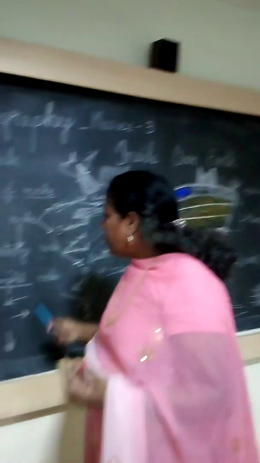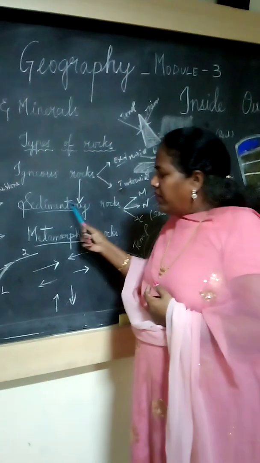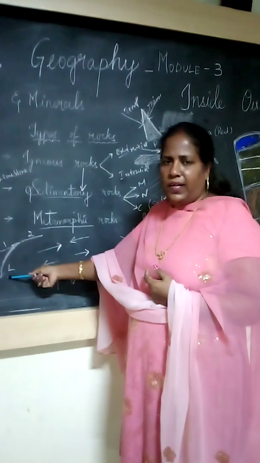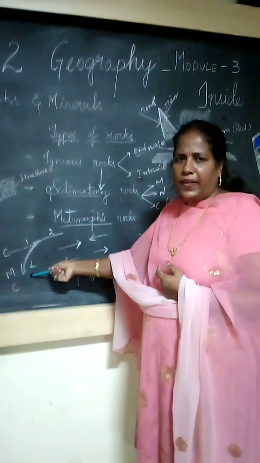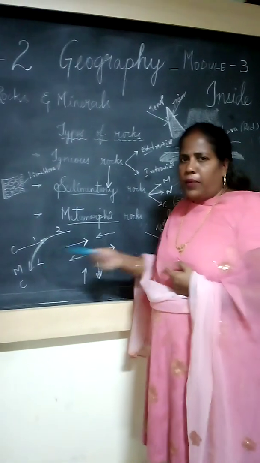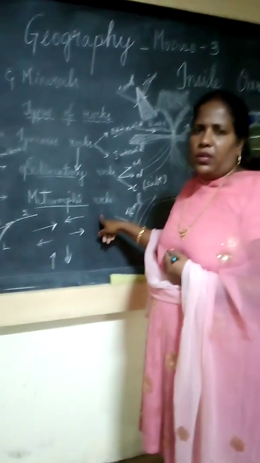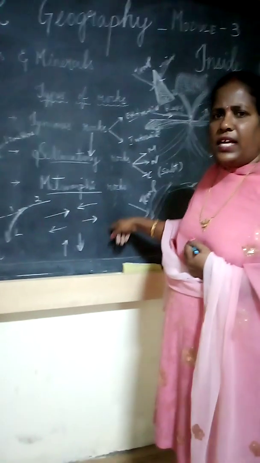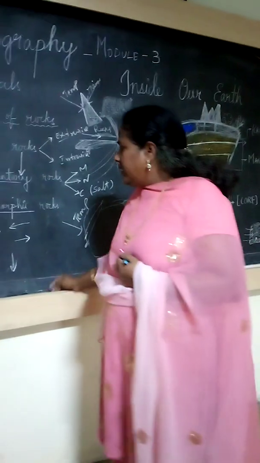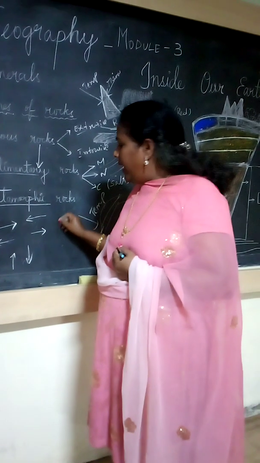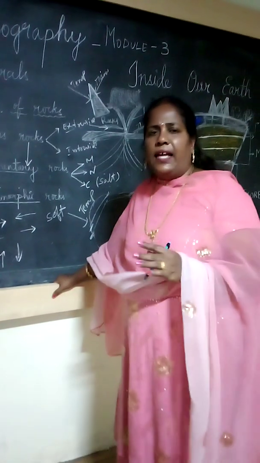So here, metamorphic rocks: igneous and sedimentary rocks, these two rocks, how are they going to the mantle? With this example I showed you how they go to the mantle. When they go to the mantle, because of the high temperature and more pressure, they form the metamorphic rock. This is a soft rock. Metamorphic is a soft rock. Example, clay. From clay to slate.